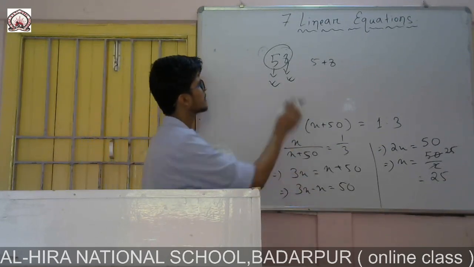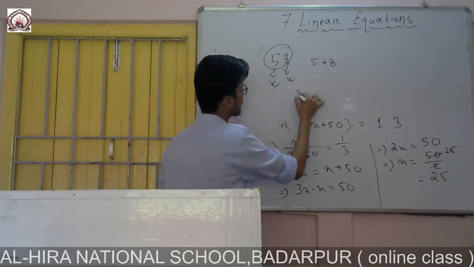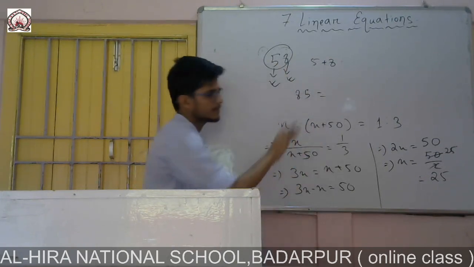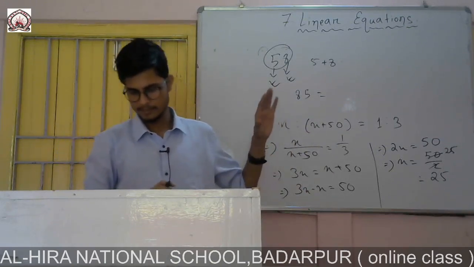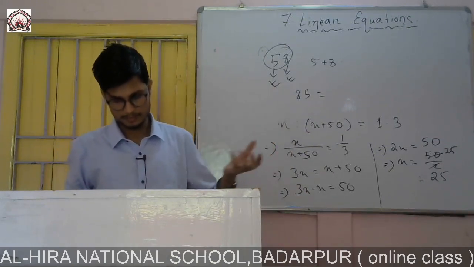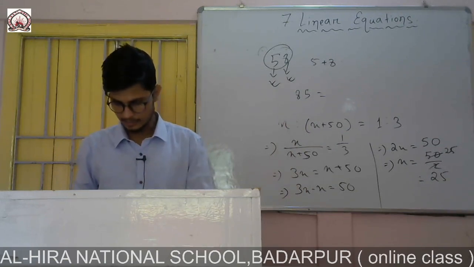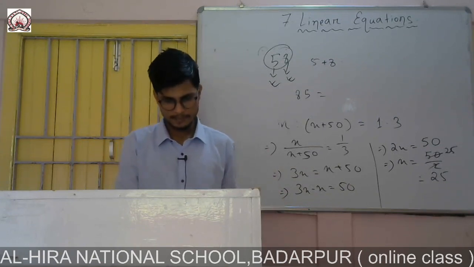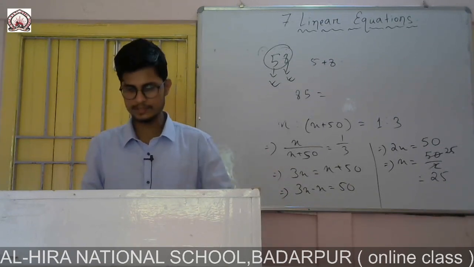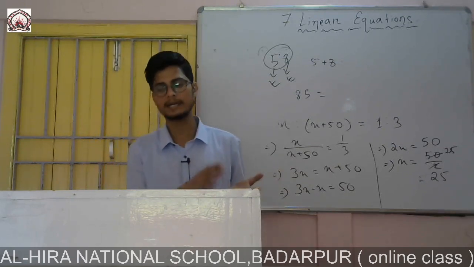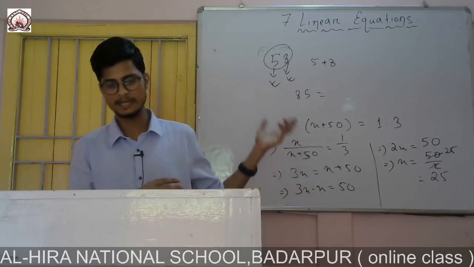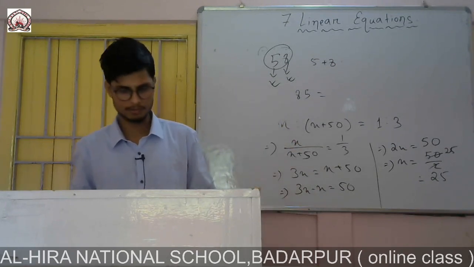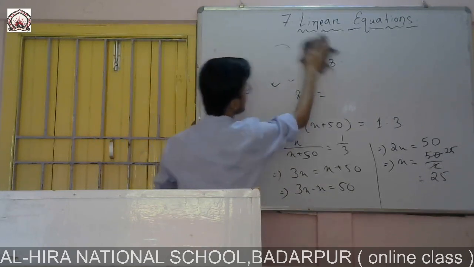And if I interchange the digits, interchange means if I have 58 and interchange, I can write it as 85. So 58, 85. It is said that one time the sum of the digits is 7, and another time the number obtained by interchanging the digits exceeds the original by 27. That means the new number formed after interchanging, if I subtract the old number from the new one, I will get 27. So let's do this one.